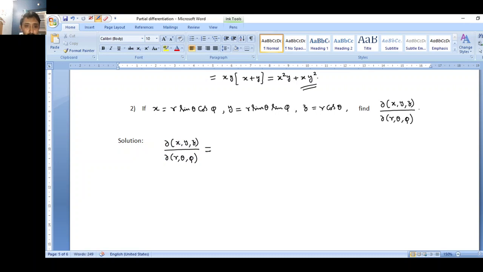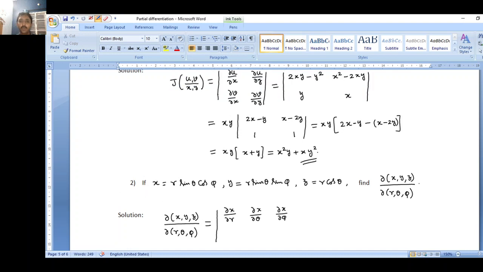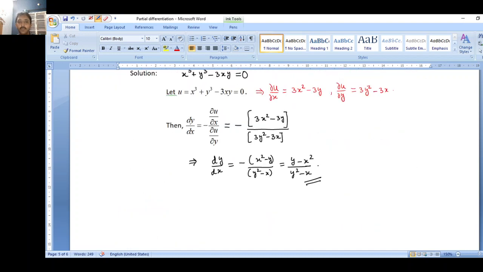Okay, so by the definition of Jacobian, dou of xyz with respect to r theta phi would be about first differentiating x with respect to all the three variables. So that will give me dou x by dou r, dou x by dou theta, and then dou x by dou phi in the first row. Yeah, of course, there is one more thing that I want to tell you here. When I define the Jacobian, this,